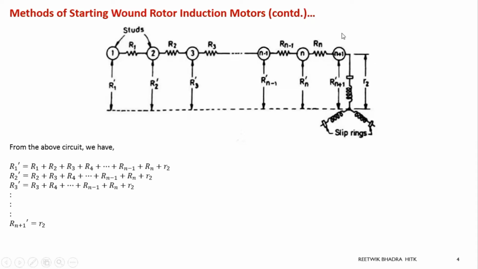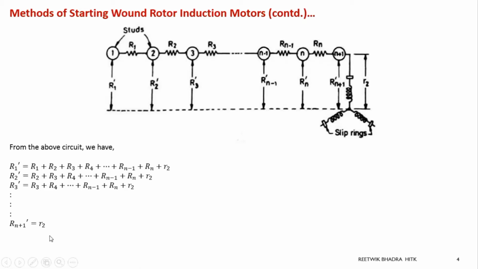only this R2 remains. Calculation up to this point is already done. If I calculate the equivalent resistance R dash n plus 1, what will I get? Only R. That's why it is written over here. Okay, so this is what we need, the first basic formulas of our calculation, which will be required later.